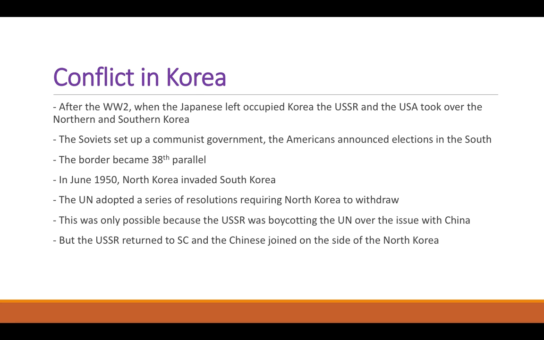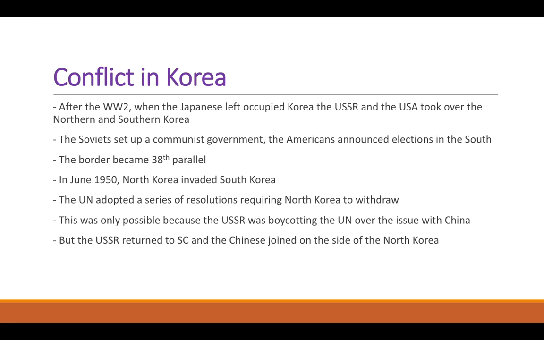This was only possible because USSR was boycotting the United Nations, because USSR was not there due to the fact that the newly established China, People's Republic of China, was not accepted to the Security Council of the United Nations. We've spoken about it in the first part of the lesson. Taiwan was recognized in the Security Council, but not People's Republic of China. So with the USSR being absent from the Security Council,